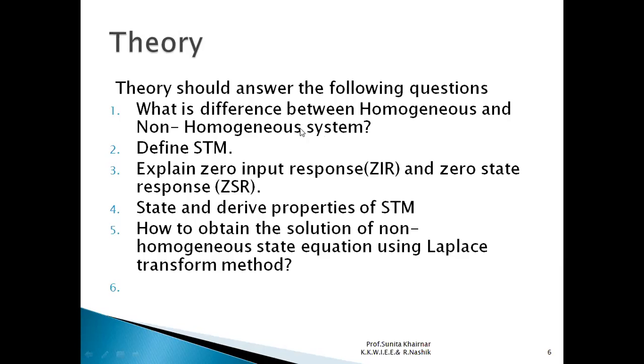Now students, you know more than 90% of systems in our practical life are non-homogeneous systems. So how will you define a homogeneous system? A homogeneous system is defined as a system which works on the initial conditions without any input applied to it. So without any external input, we will get some response, some output, and that system is known as a homogeneous system. The practical example is very simple.